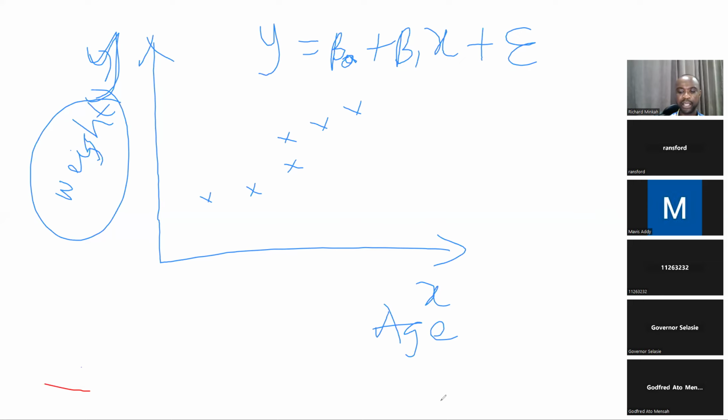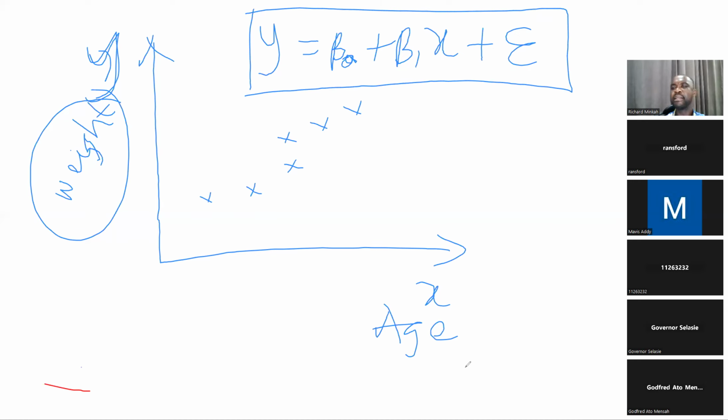Okay, good. Now, what we are saying is that this line is not different from what you know as y is equal to mx plus c. The only addition here is what? Epsilon. And it is so because if we go to that weighing hospital, we can take two, let's say